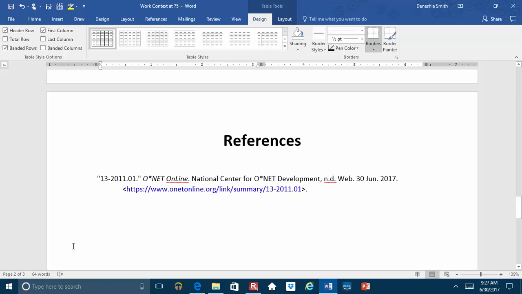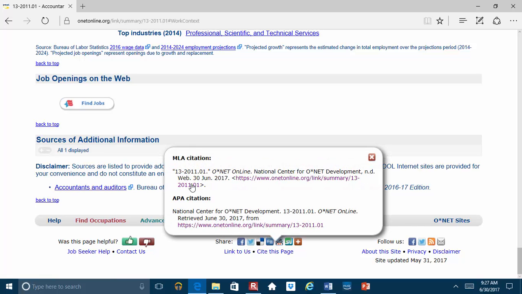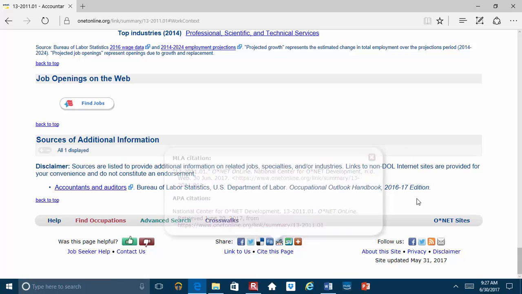Now, I want to point something else out to you. In our ONET search where we say cite this page, we see it gives us the set of numbers. The set of numbers mean nothing to us, but it is how ONET categorizes different career fields. Okay? What you can do, if you don't want to use the set of numbers, is